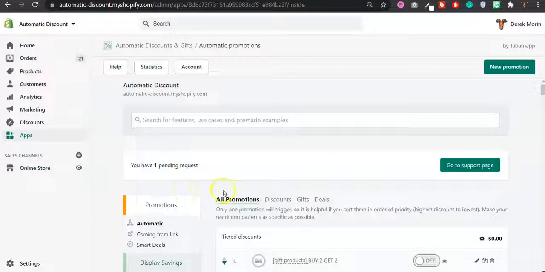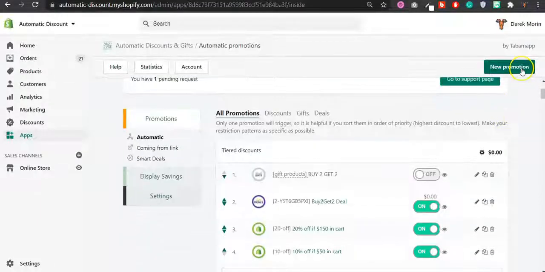So let's say you want to add a gift triggered by a code. I will not call it a discount code because it's not going to be a discount code, but it's kind of similar. Let's call it a gift code and not a gift card because it's going to be confusing. So I will create a new promotion,